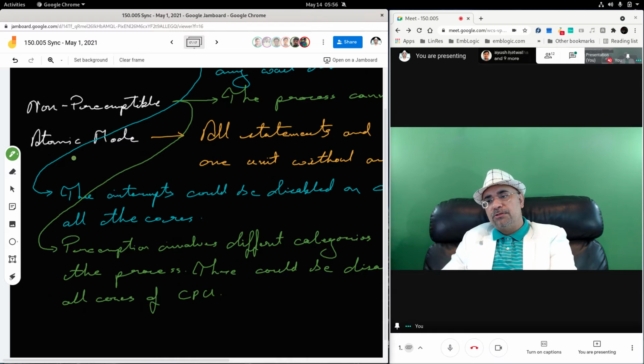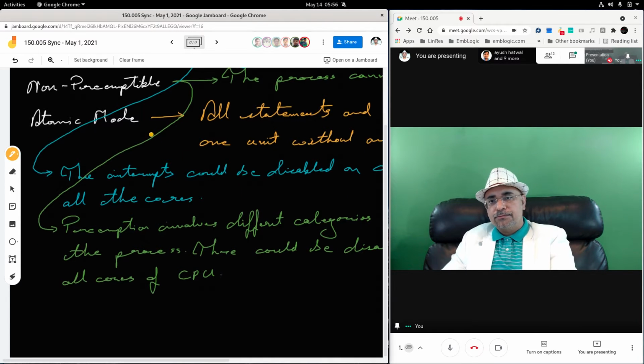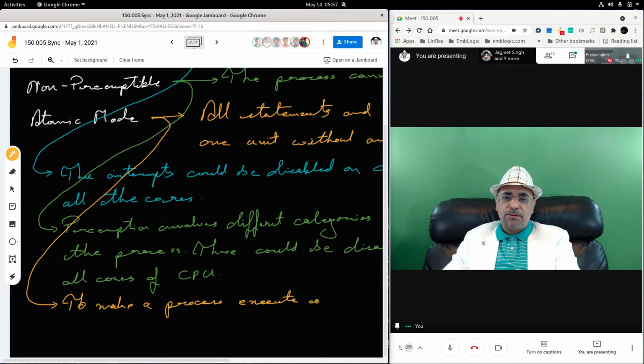Now coming to this atomic mode of execution. To make a process execute in atomic mode,